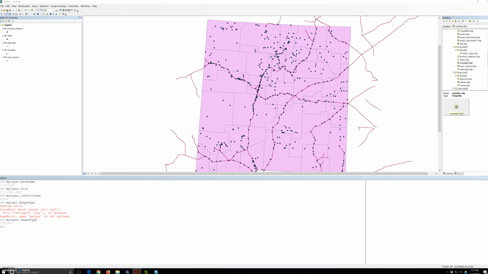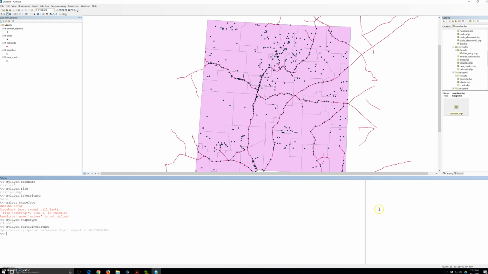So most properties consist of strings or Boolean values, and simply accessing the property prints its value. Some properties, however, consist of objects, and these can have many properties which need to be accessed separately. For example, accessing the spatial reference property of a feature class returns a spatial reference object. Now what we're going to do is run my layer spatial reference, and then the results will show geoprocessing spatial reference object as